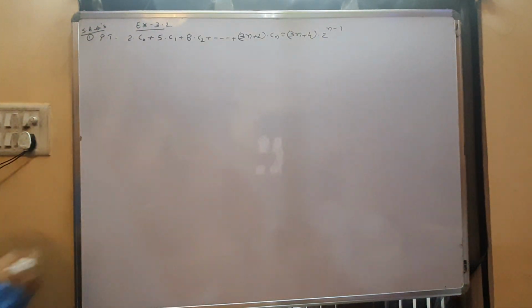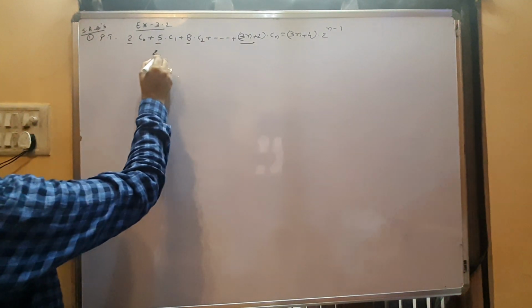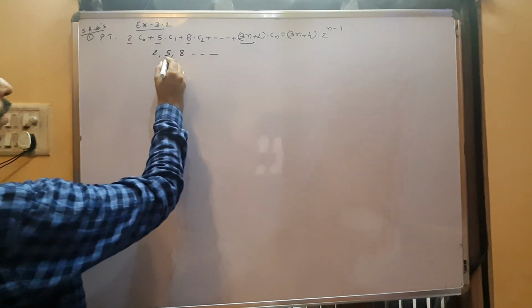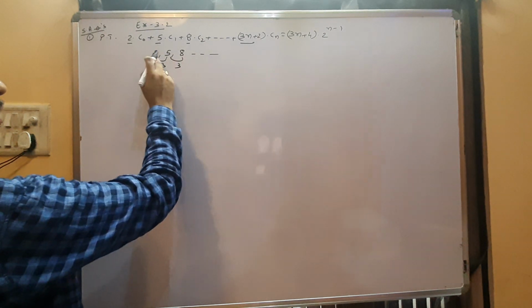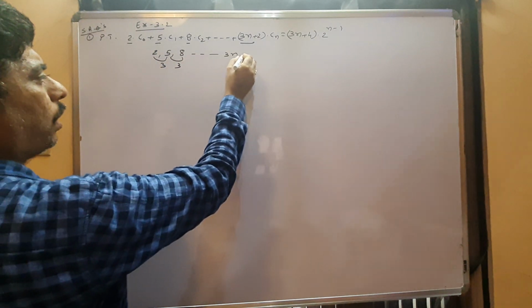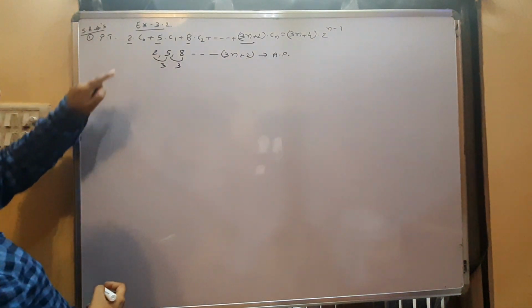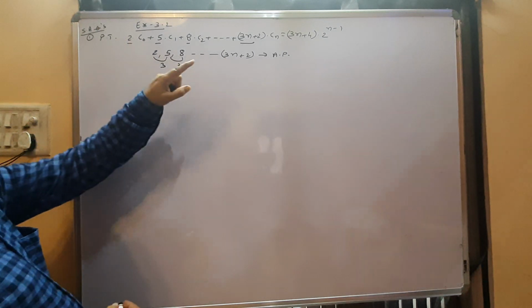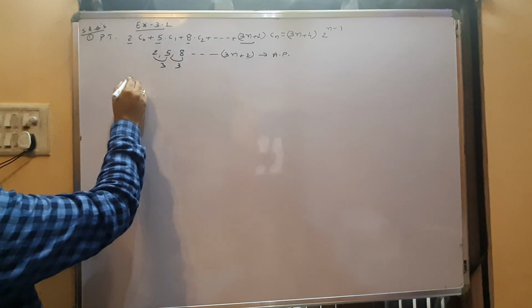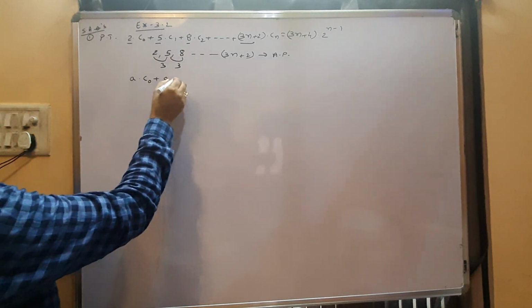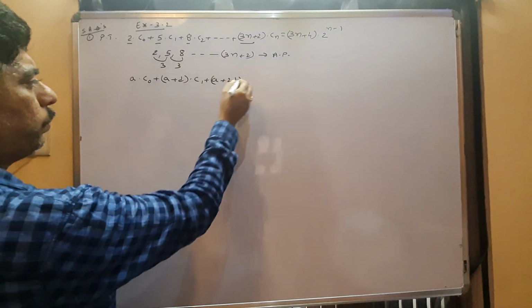First problem, you can observe this 2, 5, 8 and so on. 5 minus 2 is 3, 8 minus 5 is 3. The common difference is the same, so these all terms are in AP. That means the coefficients of the binomial coefficients are in AP. Then we had one formula: a C naught plus (a plus d) into C1 plus (a plus 2d) into C2